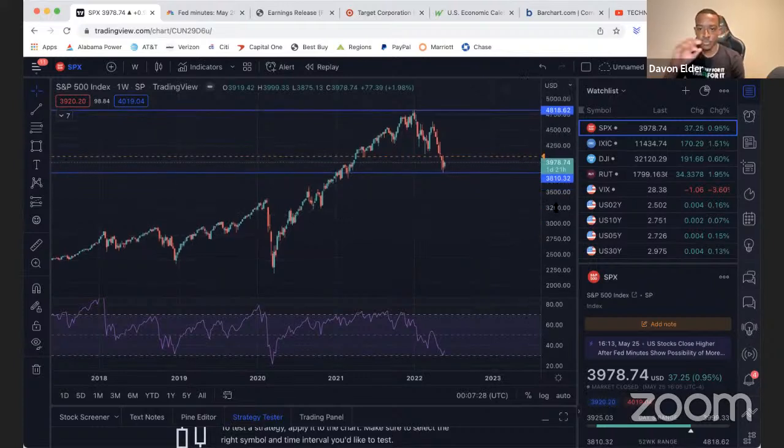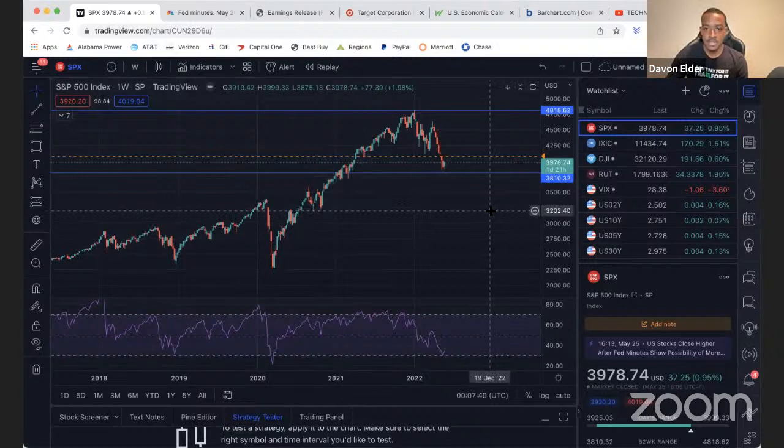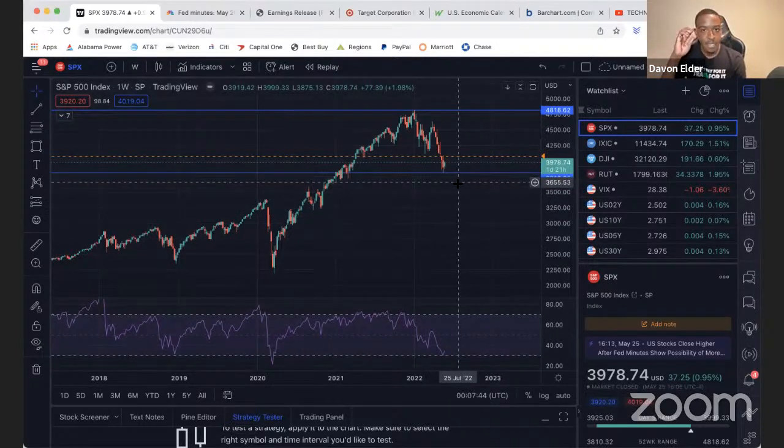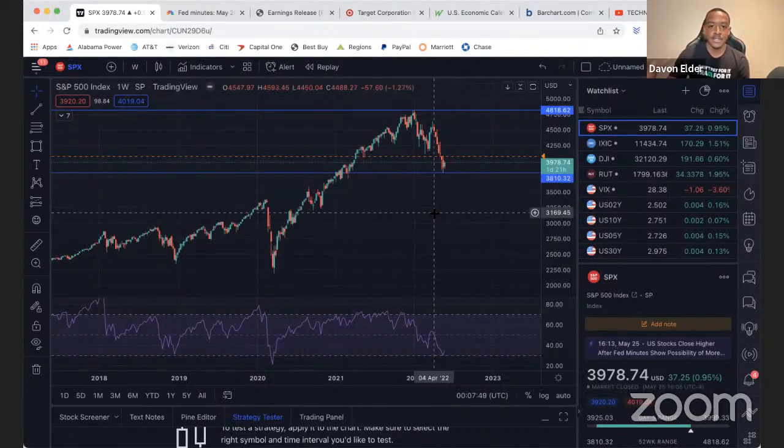Okay, so the fundamental analysis, the economic analysis, and the technical analysis have to come together. They have to be operating as one. Okay, if the fundamental analysis of a company is good, but the technical analysis is bad, you're not going to want to get into that company because we need to seek return.